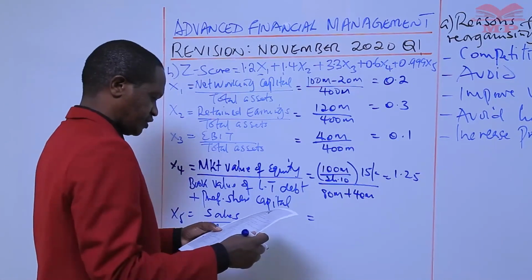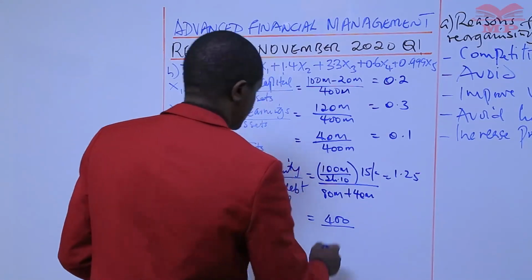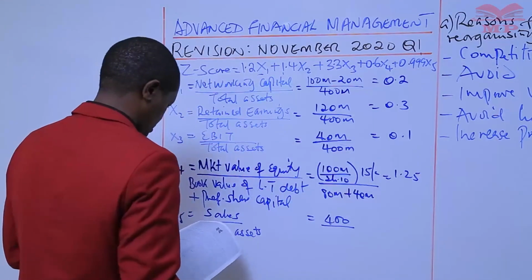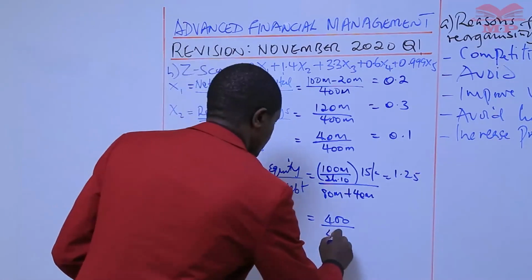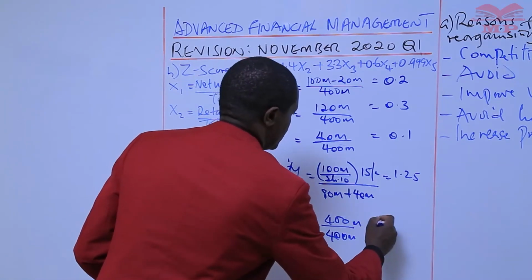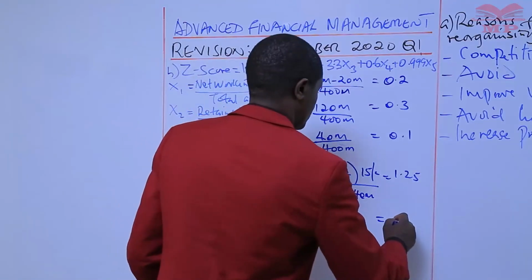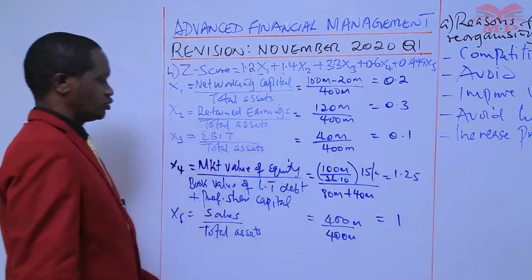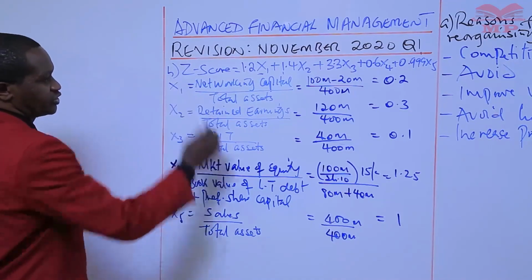Sales, we have 400 million divide assets 400 million again. So 400 million divided by 400 million, this is equal to 1. Therefore, candidates, the Z-score